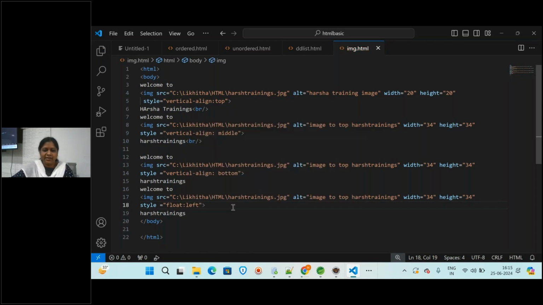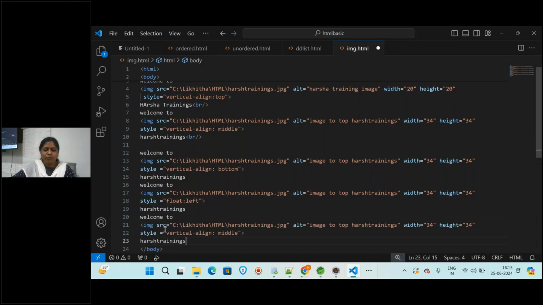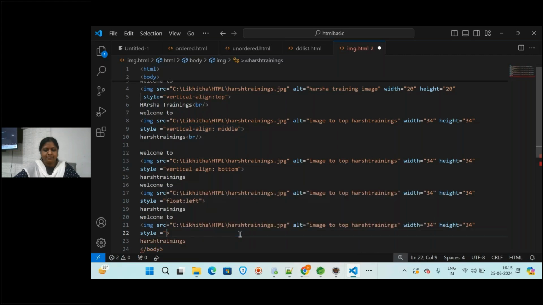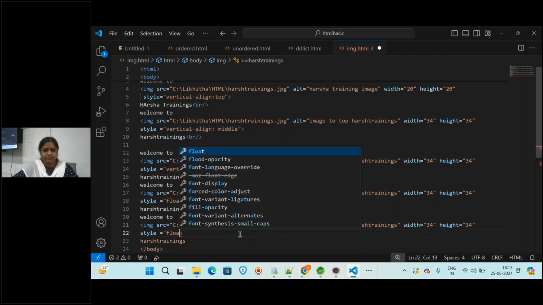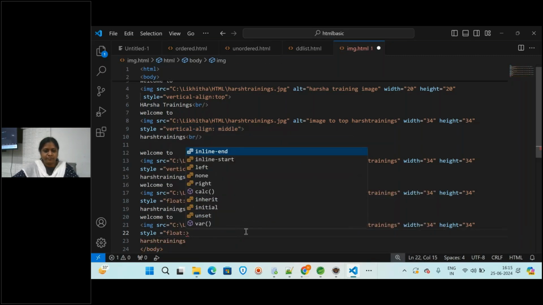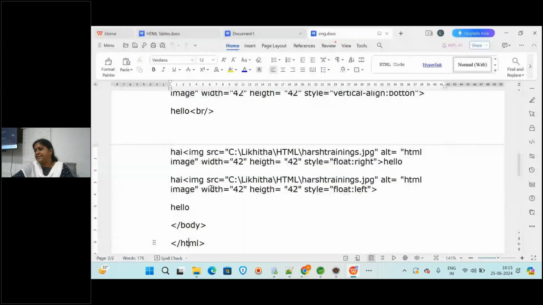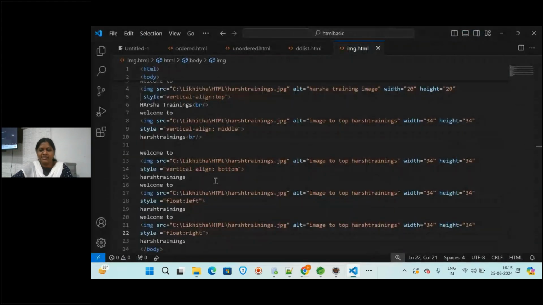Again we will be giving one more, here I will be giving float to the other side. Like this you can give where it has to be assigned, right side. Now I will save this and run again. The same image I have given so that it will be okay.